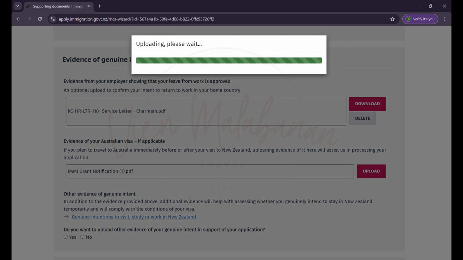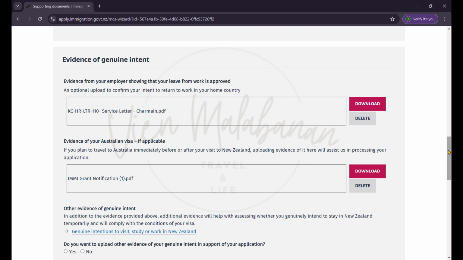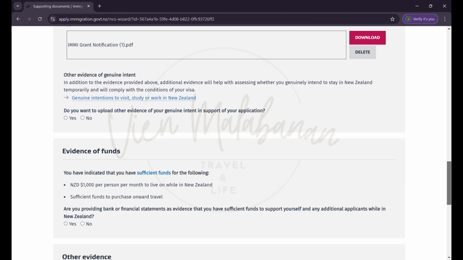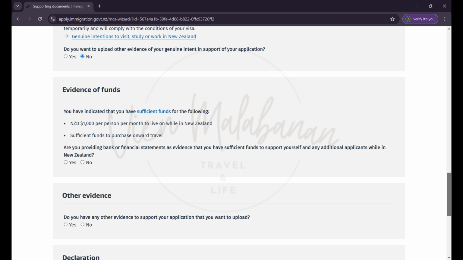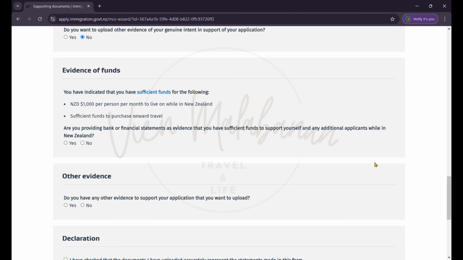Next question: do you want to upload other evidence of your genuine intent in support of your application? Choose yes if you have other supporting documents. If not, choose no. Under the evidence of funds, answer the question, are you providing bank or financial statements as